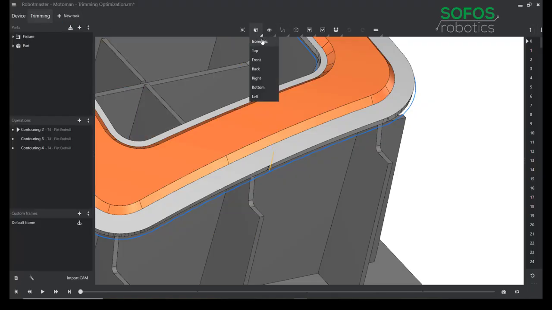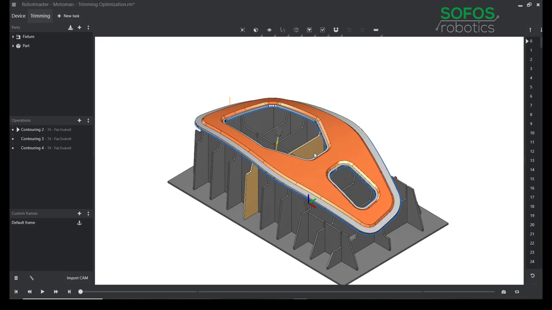Let's go ahead and go back to a good view. And now you can see I've got contour 1, or 2 I guess, 3, 4, and if I want to reorder these, I can just left click and hold on these 3 lines, reorder their operation, and we should be good. After that, what I like to do is rename them to whatever I'm going to call the subroutine, because